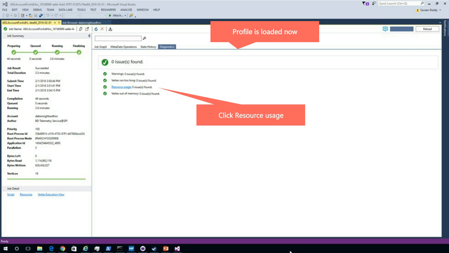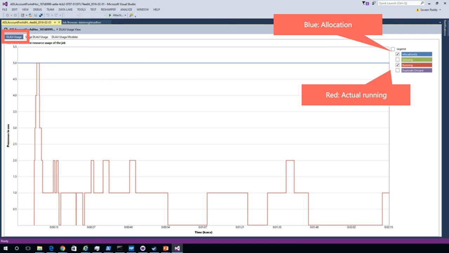You clicked on the resource usage and you saw how much the utilization is. In this particular sample, the user asked for 5 ADLA units, and the utilization of the query is only this. So the ADLA is not properly utilized, if you can see.